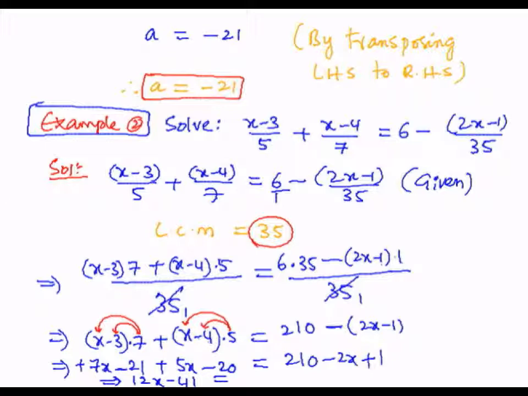Then 210 is positive and 1 is positive, so these two are like terms. Plus into plus is plus, we add 210 plus 1 to get 211, with a positive sign. Then minus 2x is the only variable term, so I copy minus 2x as it is. In the next step, the variable on the left hand side is 12x and there is one more variable, minus 2x, on the other side. I am going to transpose it, or write the variables on one side, that is on the LHS.